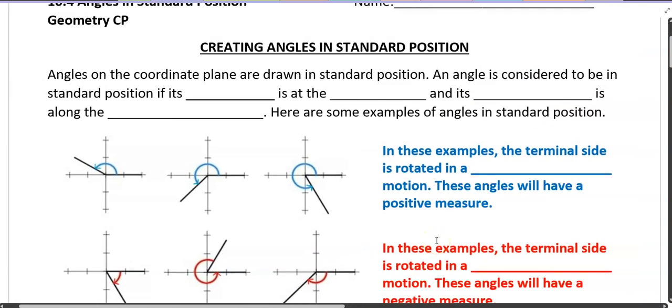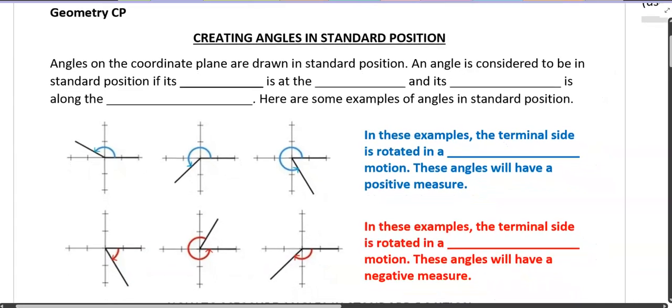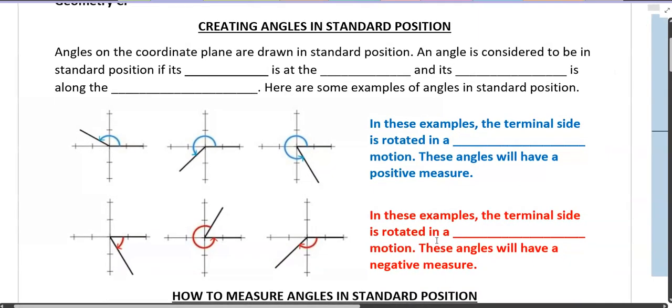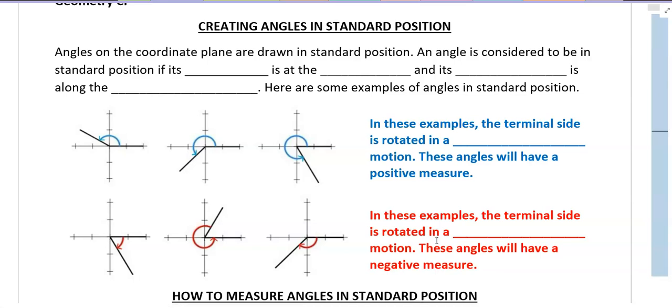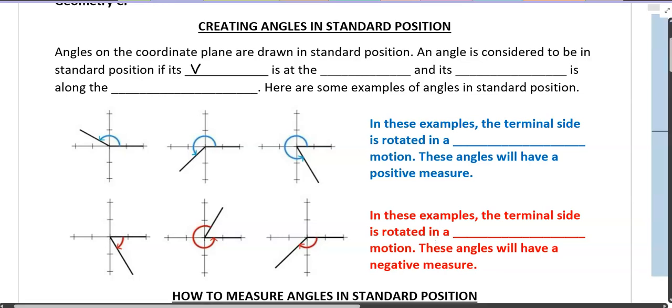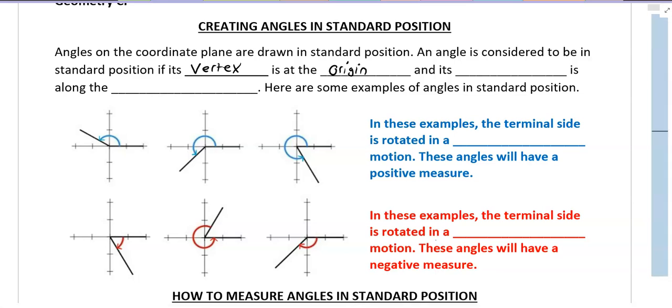So what do we mean by angles in standard position? We're still talking about angles that are on the coordinate plane, but in this case, they are drawn in what we call standard position. And by definition, an angle is considered to be in standard position on the coordinate plane if its vertex is at the origin, and we've seen that with some problems already. And the other thing that we know is its initial side, the first side that we would draw of the angle, is along the positive